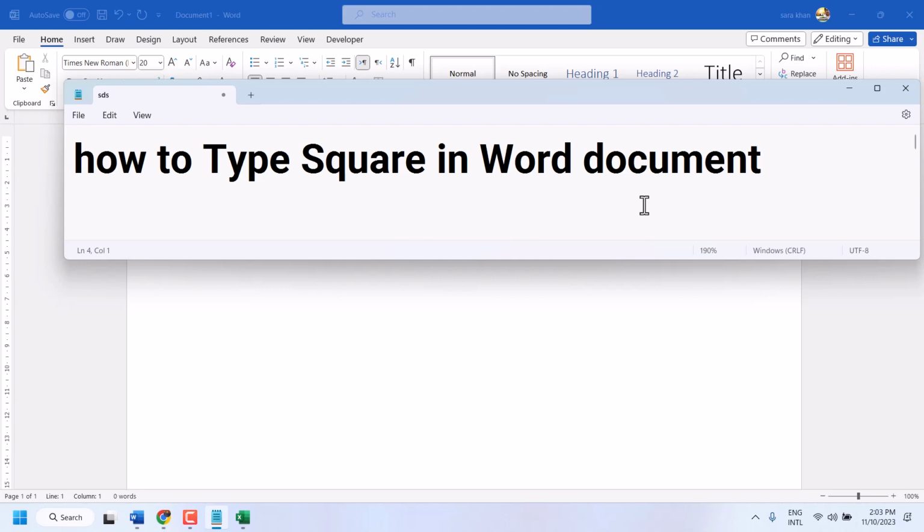Hello friends, in this video I will show how to type square in Word document. So there are some methods. First one,